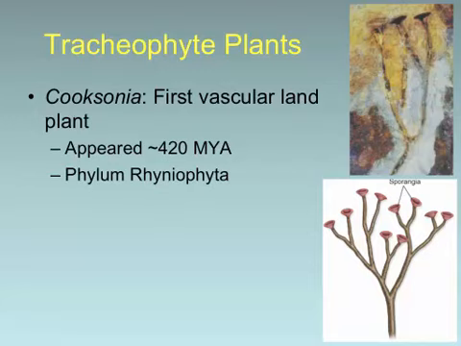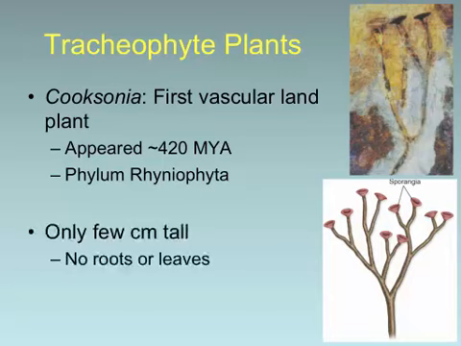All right, so we're going to move into the tracheophytes. These, again, tracheophytes are plants that have tracheids. They have true vascular tissue, and they begin to show up about 420 million years ago, kind of around the same time when animals had already diversified, and we've already seen a lot of the main animal groups by this point, but they're all there at least. It's really kind of an important time in the Earth's history.